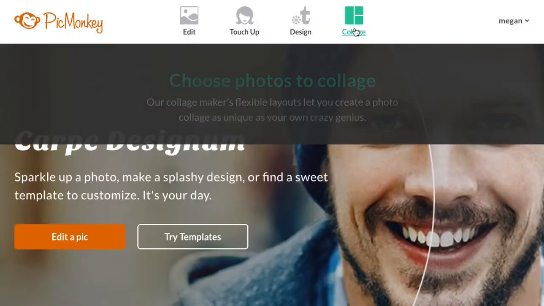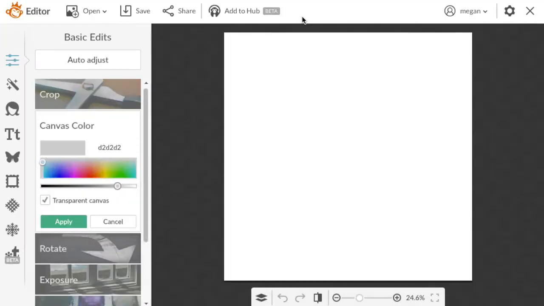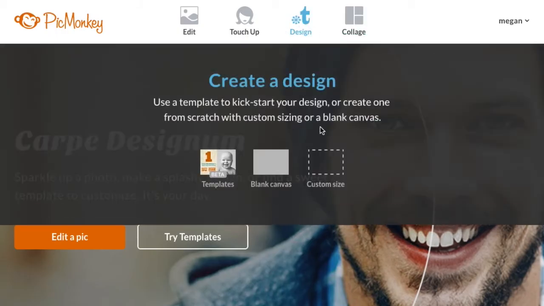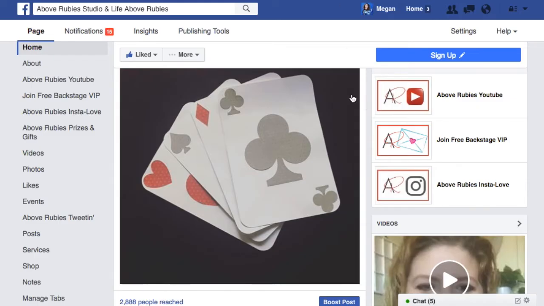We're going to use PicMonkey to create these things today, which I love. Okay, so we're going to go into design. However, I need to click the right button. We need to go into design, but we need to create a custom size. I've talked about very specific sizes for different mediums and platforms, and depending on if it's a profile picture or an avatar or a tab, there's very specific sizing, okay? So for your custom tab, I'm going to show you what I'm talking about really quick over here at the Above Rubies Studio,